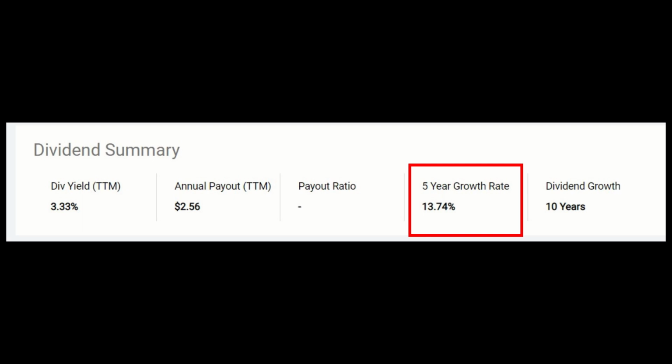But going back to SCHD, another awesome part about the ETF is the dividend growth. We can see here that over the past 5 years, the dividend has grown by an average of 13.7% per year, and since the fund's inception in October of 2011, they have grown the dividend by double digits, over 10%